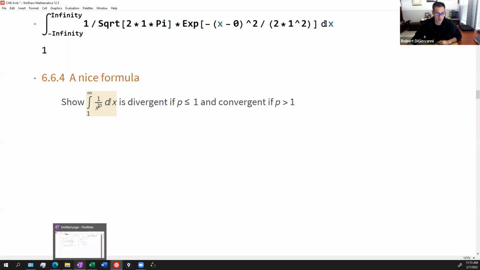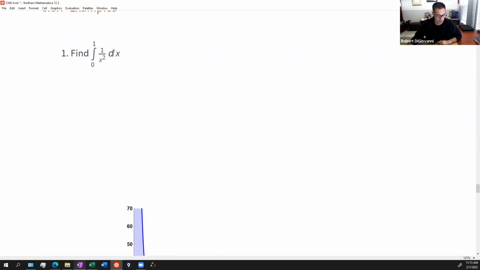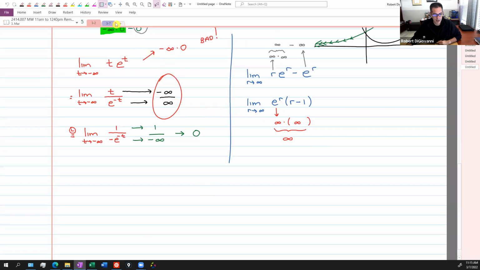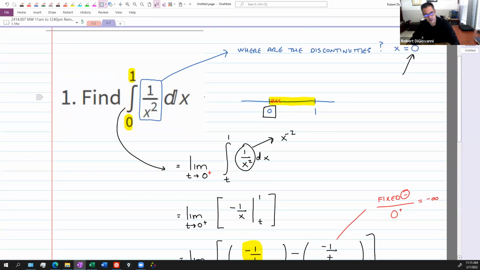So that's what I talked about last class. Here, what I'm trying to say is this. On this integral, this diverges. However, if you were to have done the integral from 1 to infinity of 1 over x squared dx, this converges,